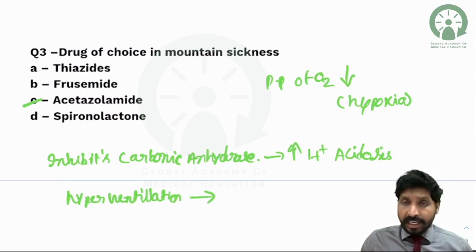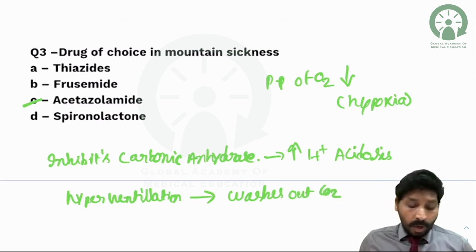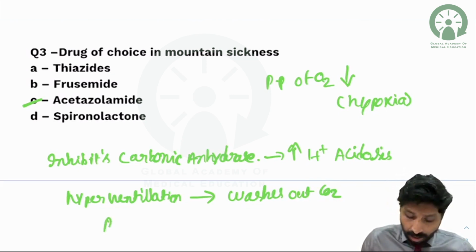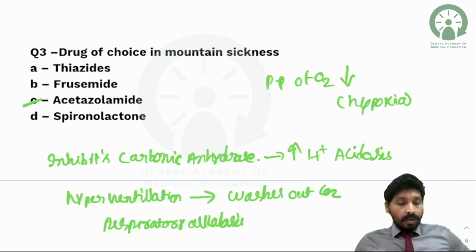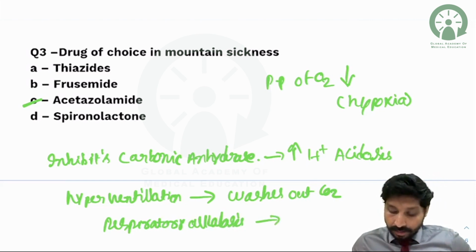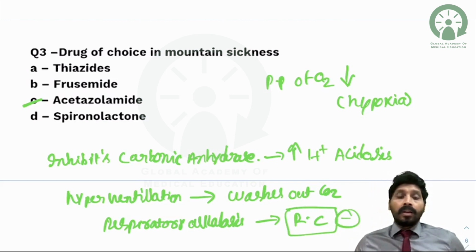As hyperventilation washes out CO2, there is no CO2. So what happened? As CO2 is not there, there is respiratory alkalosis. It depresses the respiratory center. So as the respiratory center is depressed, it leads to